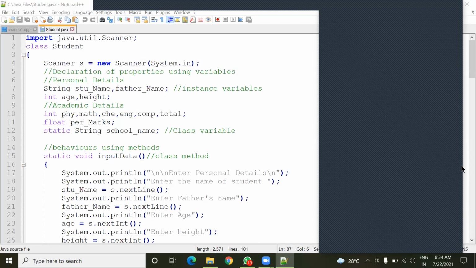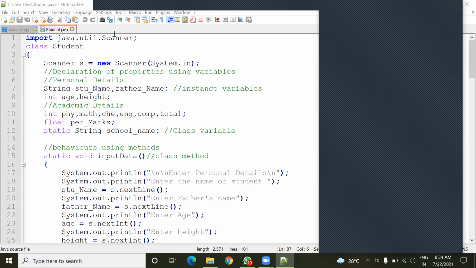Was there any method? No, sir. Only we have to enter the values and process. We are only following the sequence of steps, no? Yes, sir.